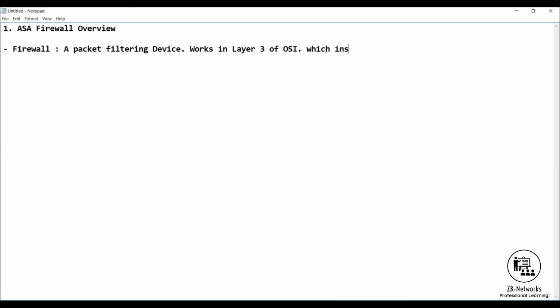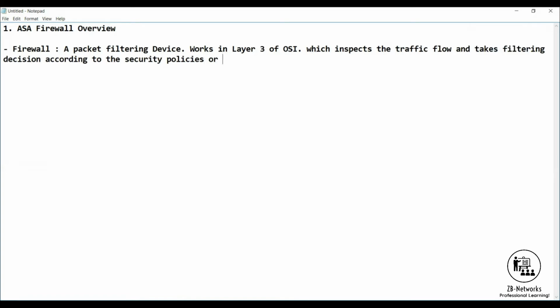which inspects the traffic flow and takes filtering decisions according to the security policies or rules that you configure, right? So basically, you have to configure security policies in order to allow some traffic to span across a firewall network. Firewalls are always referred to as